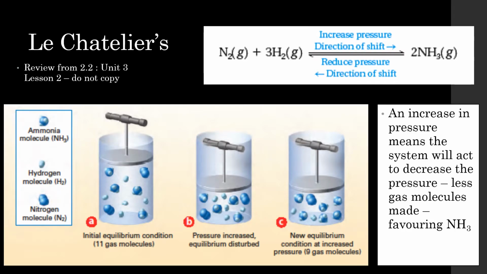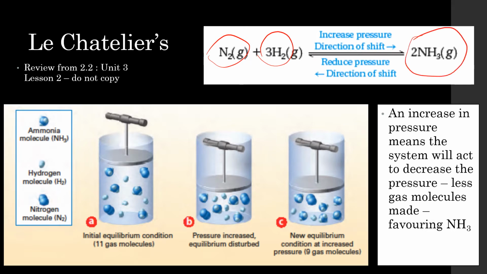Now, we don't need to copy this. This is back in Unit 3 stuff, but it's good to remember. You remember an increase in pressure in a system, so in a closed container, it means the system will act to decrease the pressure. So if we've got on the left hand side here, I've got 4 gas particles. I've got 1 nitrogen and 3 hydrogen gas particles. If I increase the pressure, it means the system is going to act